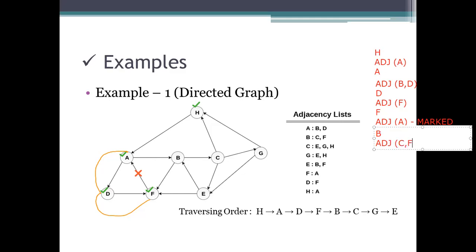C comma F. Now F is the left side presentation. Since it is a visited one, we won't consider it as a traversing path because it's a marked one. We visited B, mark it as visited. Which one is left? Here we have another link to C, and this one is unvisited. So this unvisited one will be read here. So that is C.